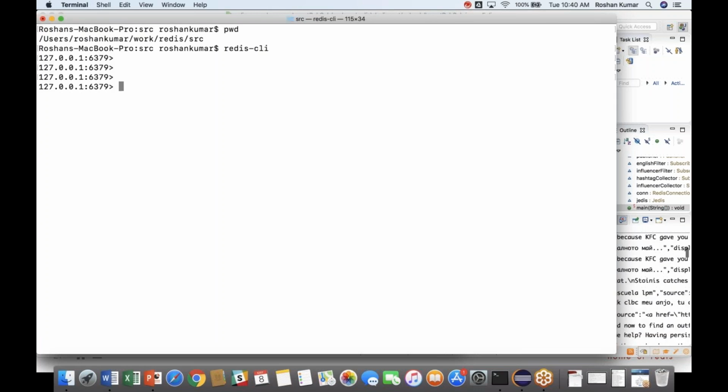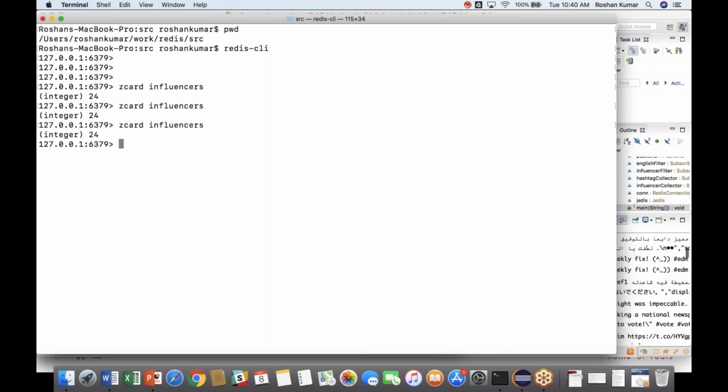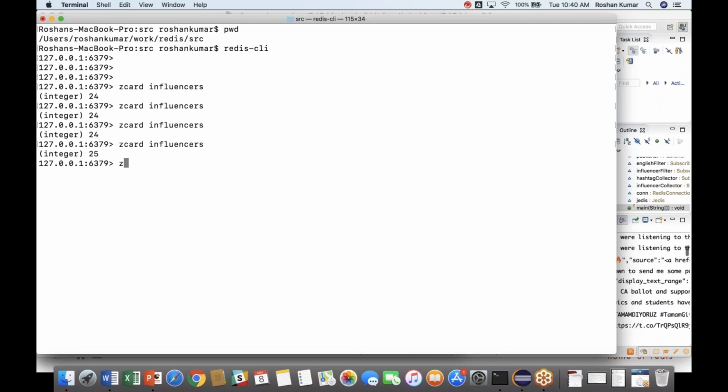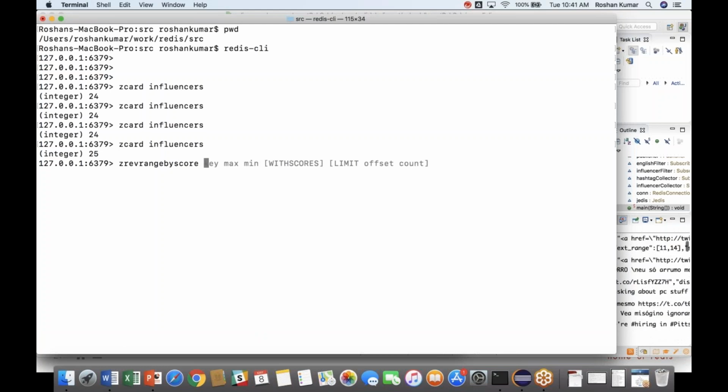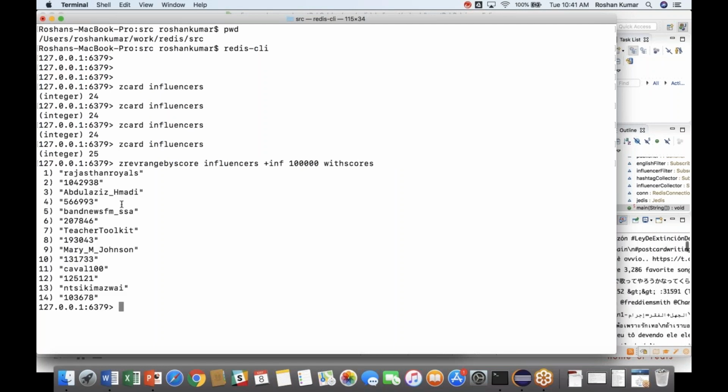Okay, so let me see, I'll do a ZCARD on influencers. So far I have collected 24 influencers, and you can see this list, it may change, or there's a 25th. So let's see who has the highest number of followers. I'll do a query, ZREVRANGEBYSCORE on influencers. The max I want is infinity, to, let's say, 100,000. Let's see if there's anybody with 100,000, with scores. So I have so many